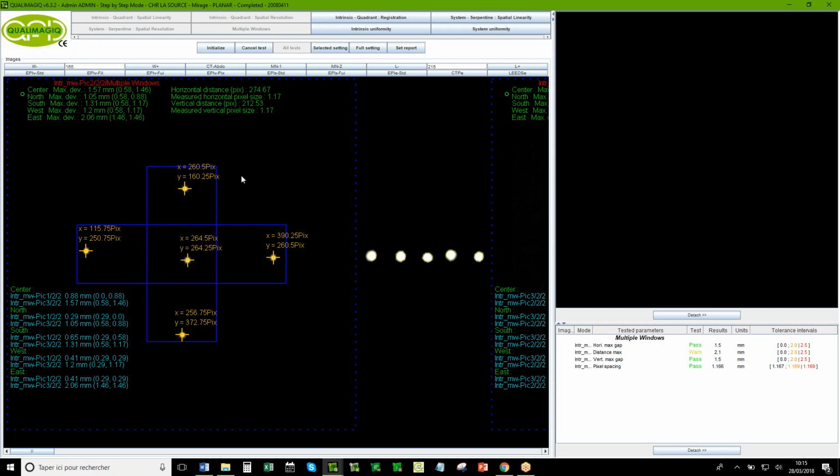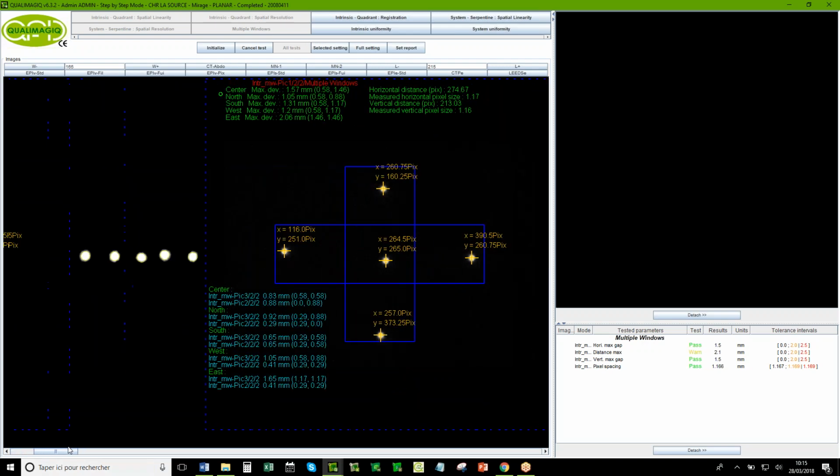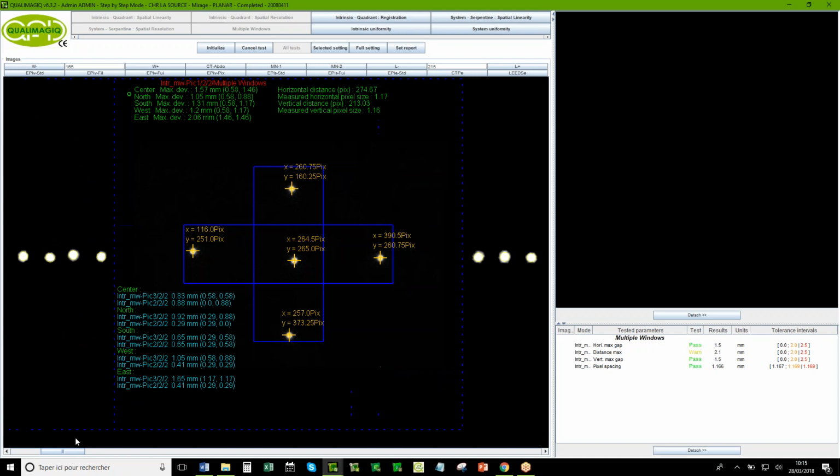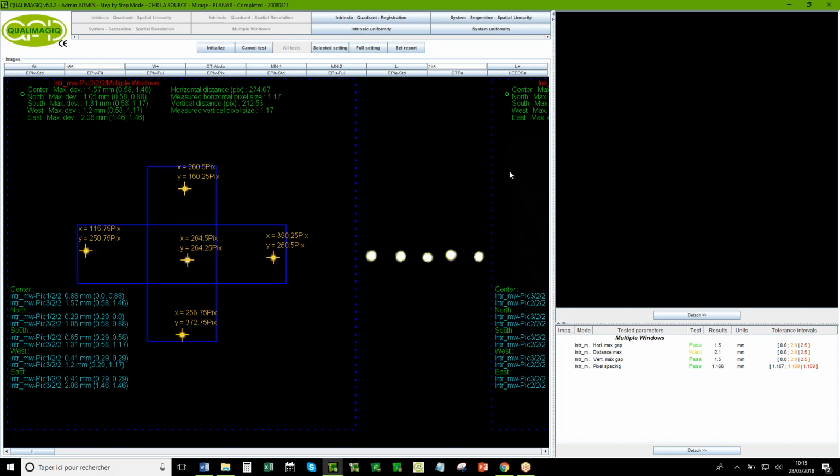No. As you can see, the sources are not really aligned. You see here, there is another location than here. So the most important thing is that between the 2 images or 3 images, it's the same locations. But the location is not very important. As you can see, we detect in the blue square where the source is. So you have the possibility to move the source. But the most important is that between the 2 images, you never change the plate and the location of the source.